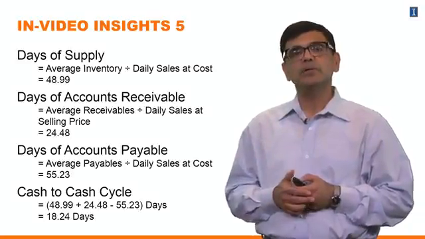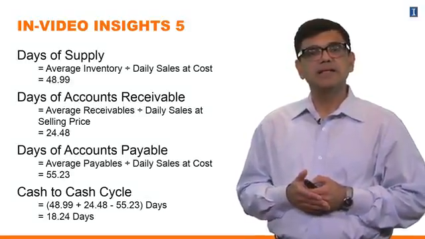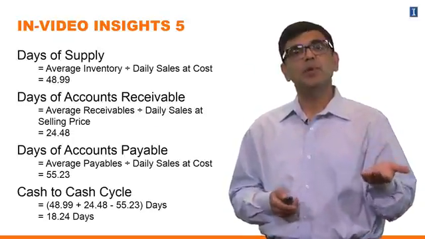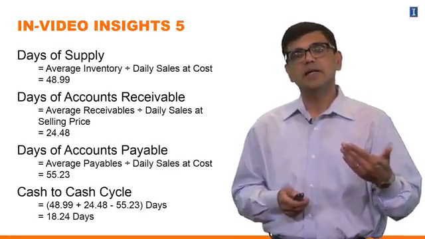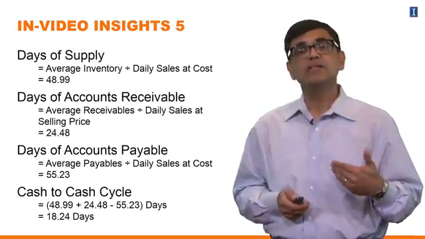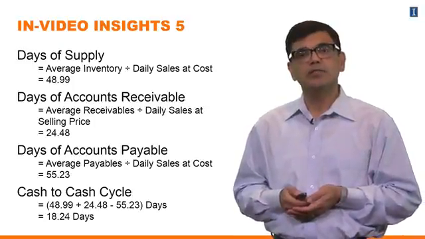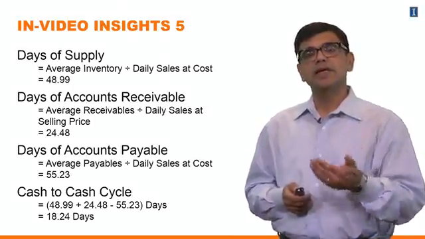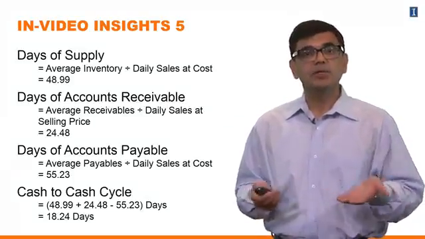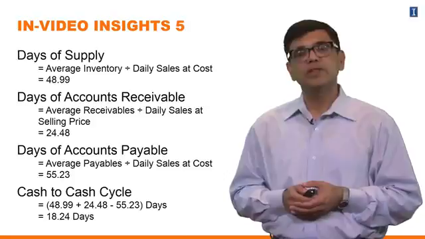The days of accounts payable works out to the average payables divided by daily sales at cost, 55.23. So the total cash-to-cash cycle is 18.24 days. So this is telling you that based on how quickly your money is being turned around, based on how much time it's taking your money to turn around, it's taking 18.24 days for your purchases to get converted into sales. Now, whether 18.24 is a good number or not, the answer will be it depends on a comparison with previous years. It depends on a comparison with industry,